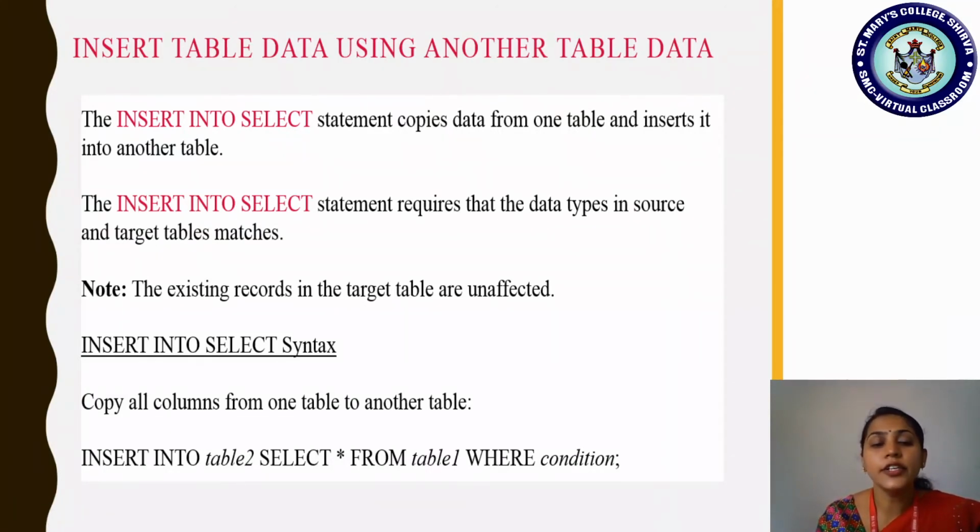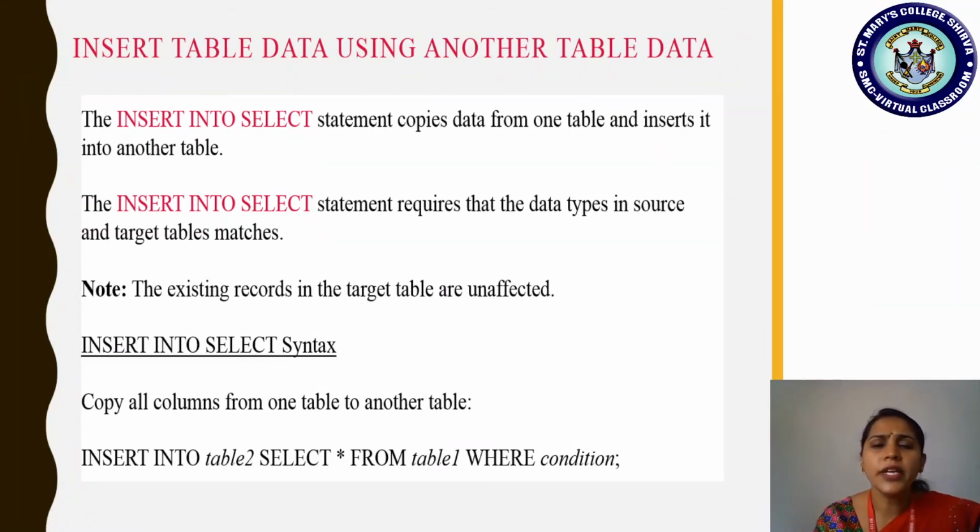Okay, INSERT INTO the target table, or table 2, that is the new table, test_table. From where you have to copy, you have to tell with the help of a SELECT statement. SELECT *, that is all the columns, all the attributes, FROM table 1, that is the source table, from customers.